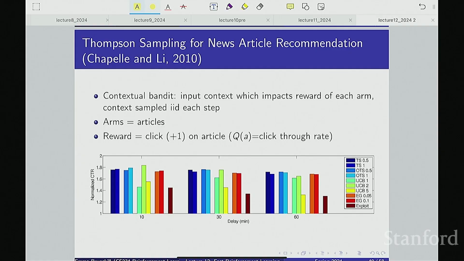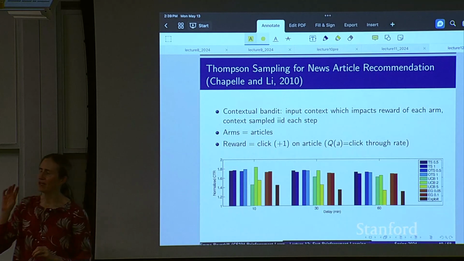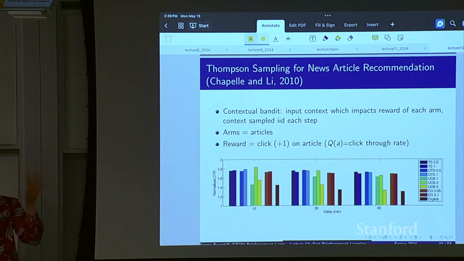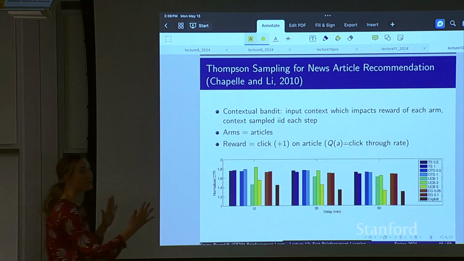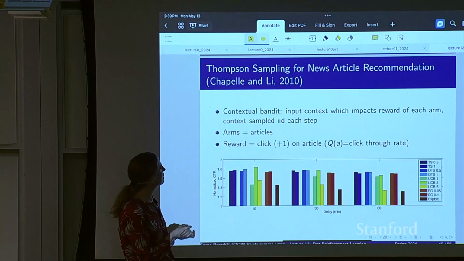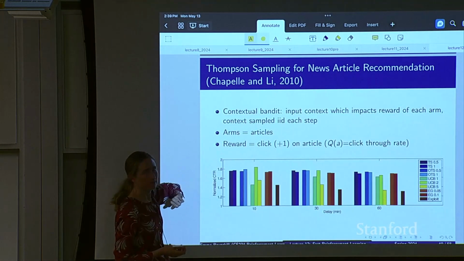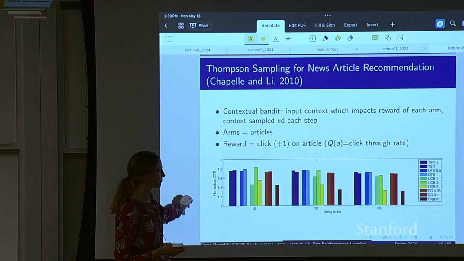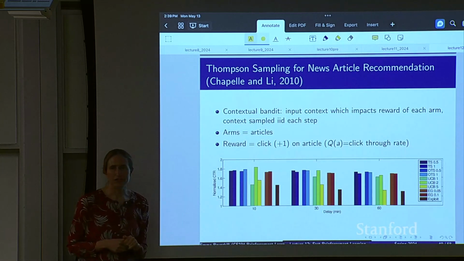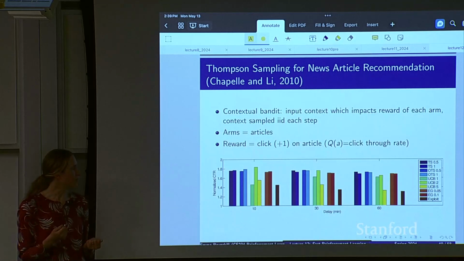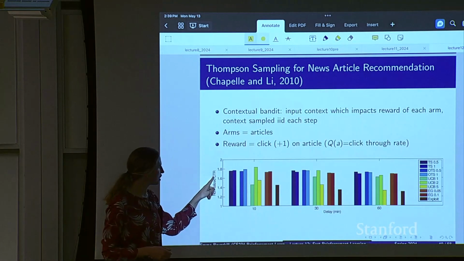And so there you would have a context, a bunch of features about an individual, and also often a bunch of features about the arms. They'd be news articles and all the features, or ads and stuff like that. But we're still going to assume the context is sampled IID at each step. So if I give a particular ad at this time point, it doesn't impact what's going to happen later. Okay, so it's still a bandit. There are no sequential dependencies there. Arms are articles. Reward is binary. Either you click on it or you don't. In this case, you can model it using logistic regression because you have this binary output. So what are we seeing here? This is CTR, which means click-through rate.